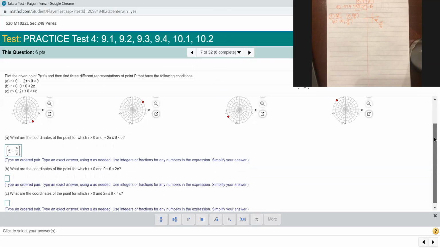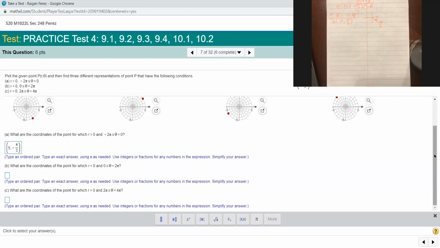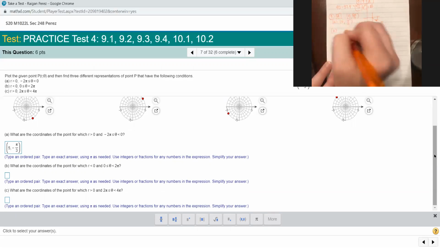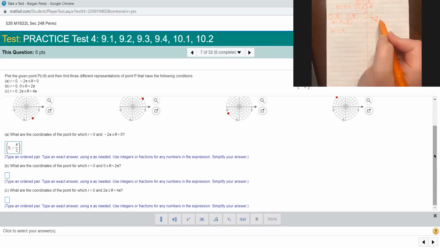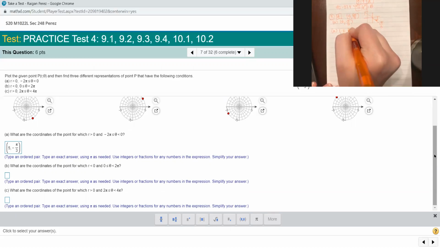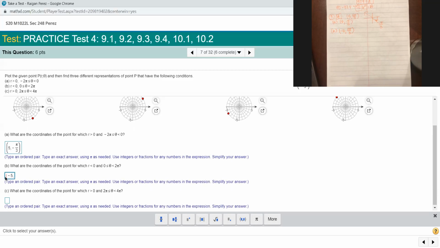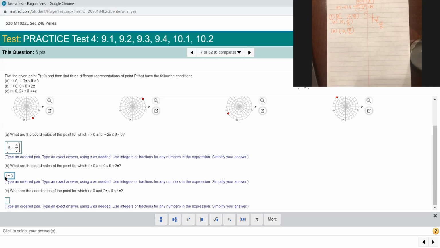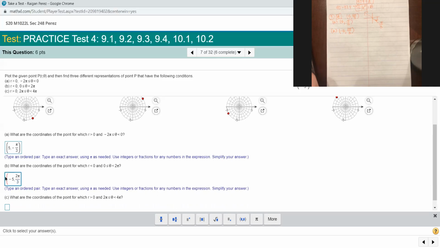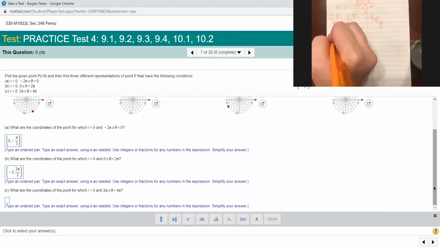And scroll this down. What are the coordinates when R is negative and your angle is positive? So now that R is negative, it's supposed to end up on the opposite side. So basically that's right here. What is this theta? So if this is pi over 3, this would be 2 pi over 3. So negative 5 and 2 pi over 3. Oops, all caps lock. 2 pi divided by 3. There we go. And finally, part C